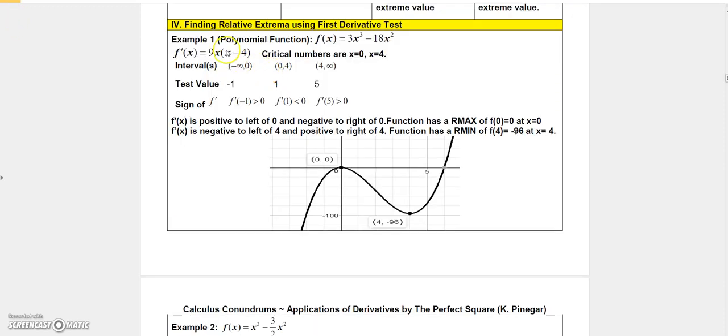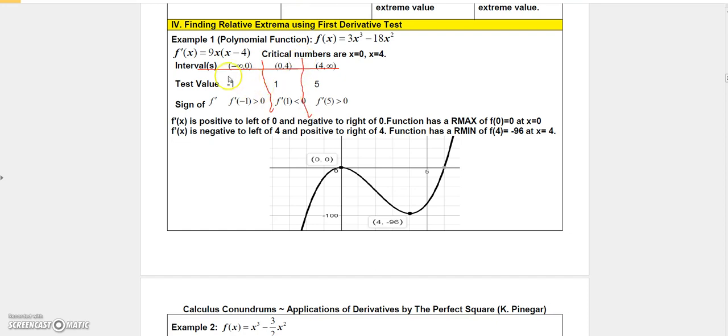So to apply the test, we're going to get the derivative and then determine the critical numbers. So I got the derivative of this, and then I factored 9x out, and I found that the critical numbers are 0 and 4. So now I'm just going to break it again. Here you can see I'm going to break it at 2 places. I'm going to break it at 0, so I break it there at 0,